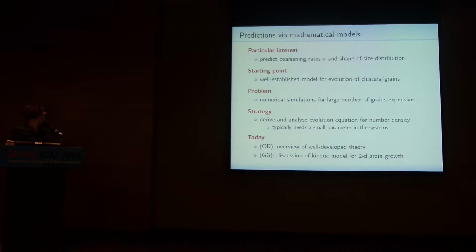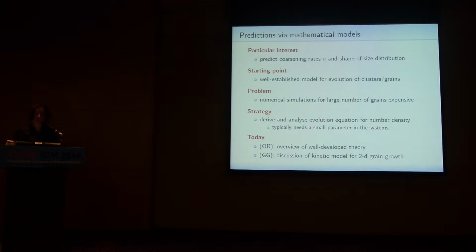So what can you do? You could do numerical simulations for a large number of grains, plot the histograms and try to see what they're doing. However, you really need to do the simulations for a long time, for a large number of particles. In particular, you have to start with a huge number of grains because so many disappear over time. And in principle, you have to do it for many realizations. So this is very expensive. Even with nowadays methods, it's at least not easy.